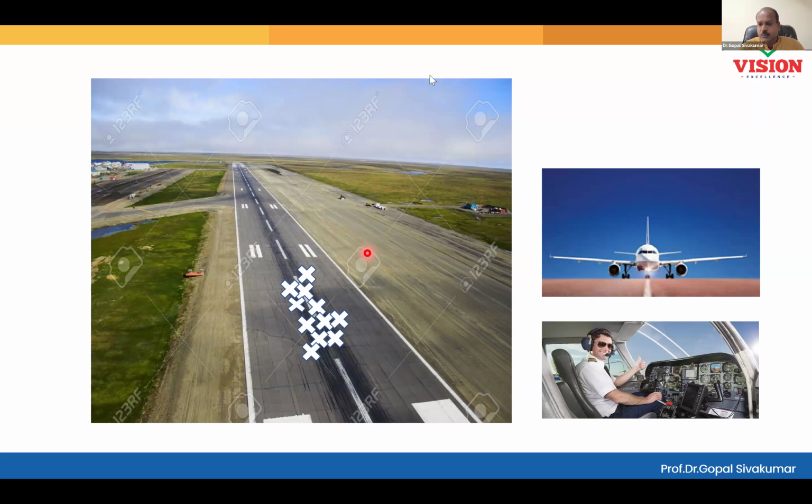Now you are seeing a runway, right? Airplane runway. And imagine you are the pilot and you have to land the aircraft on the runway properly. Now your landing capability, I want to understand. If you are a very good pilot, where will you try to land the aircraft? The middle, preferably at the center again, isn't it? Because center is the safest point. Because of air turbulence, there are many uncontrollable factors you have to go through. So you will try to land the aircraft in the center. Even if things go wrong, still you will manage to land the aircraft within the runway. Otherwise, it can become a crash landing. Yes or no? All right.